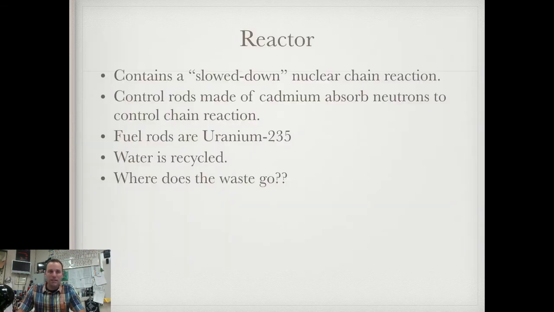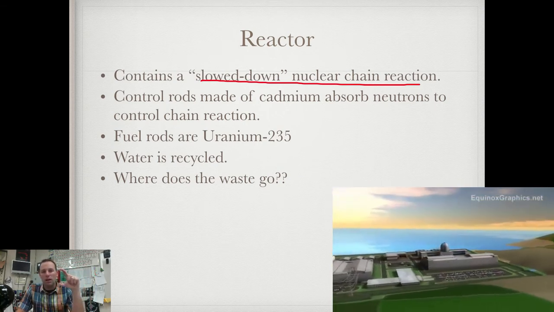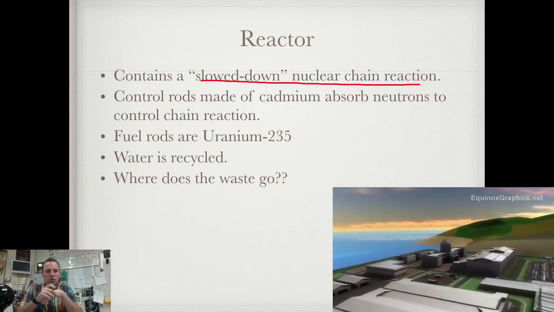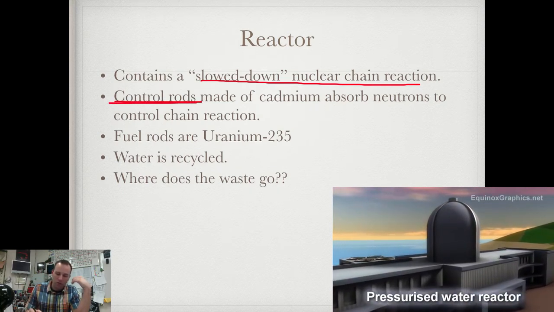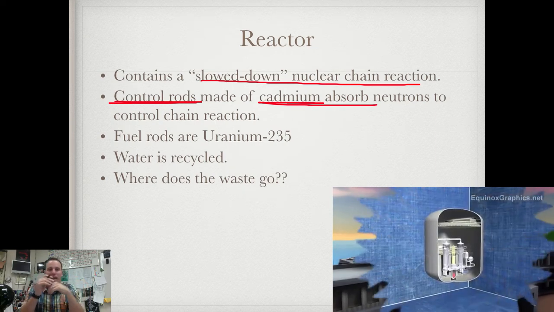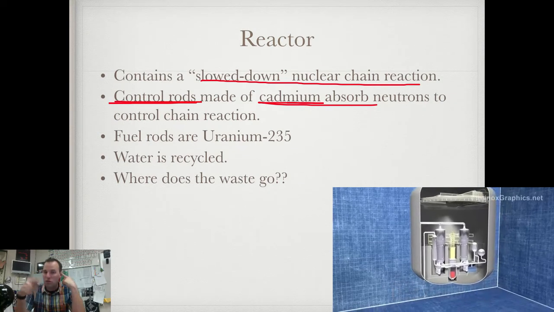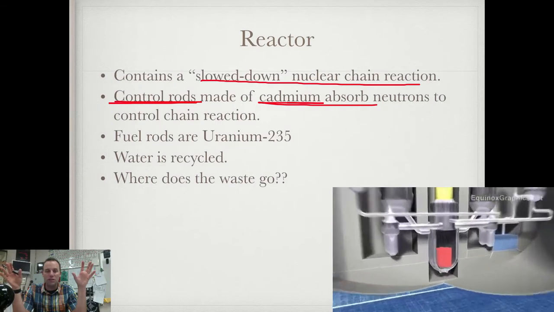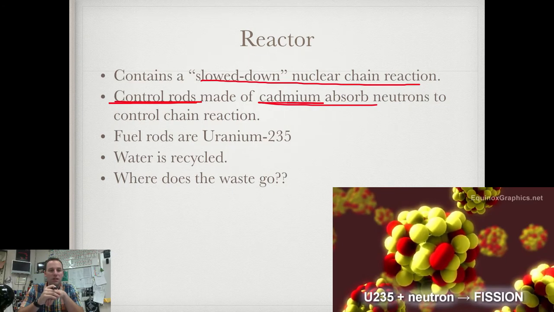Now, what's taking place inside the reactor is a quote-unquote slowed down nuclear chain reaction. Remember, we have the neutron bombarding the nucleus, which splits it into 2 smaller nuclei, a ton of energy, and 3 new neutrons. Control rods are what maintain that control, and they're made of cadmium, and they absorb those neutrons so that it doesn't get out of control. If you had too many neutrons, then you're going to have that supercritical mass, and we're going to have an out-of-control chain reaction. Too much heat is being produced, and that's called meltdown, which you've probably heard of. It's going to basically melt the nuclear reactor.